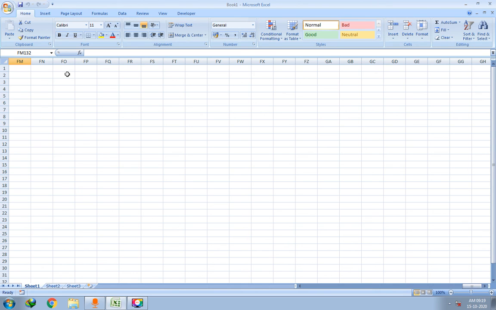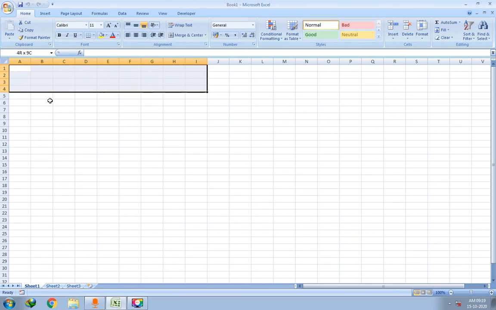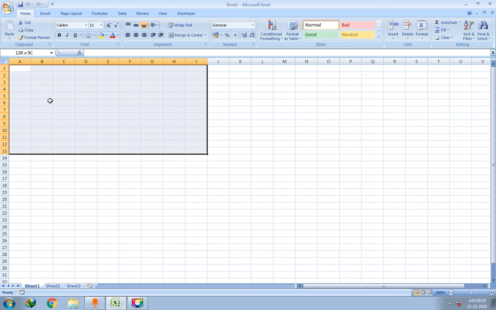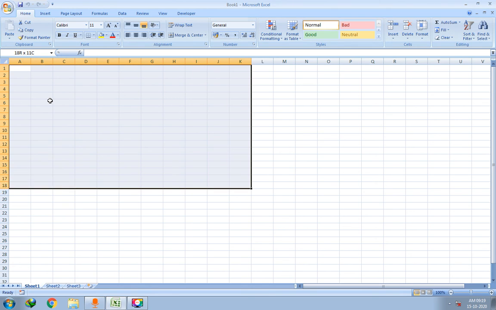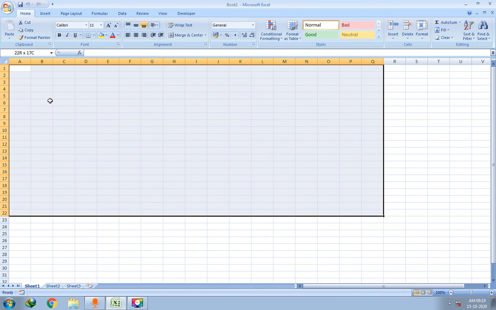And then shift and arrow keys. Let us see what happens. I have pressed the shift button. Hold down the shift button and then press the arrow keys. What will happen? The rows and columns are selected, right?